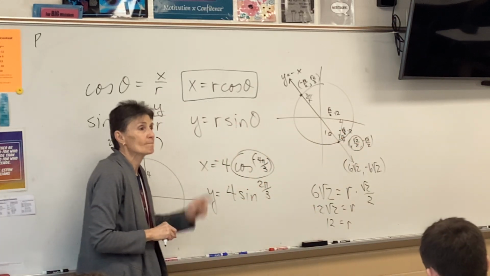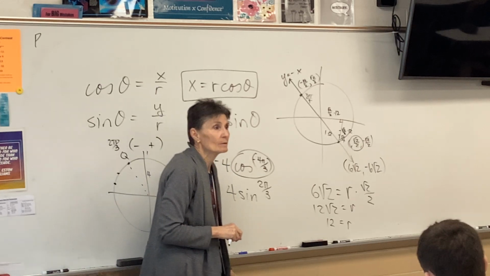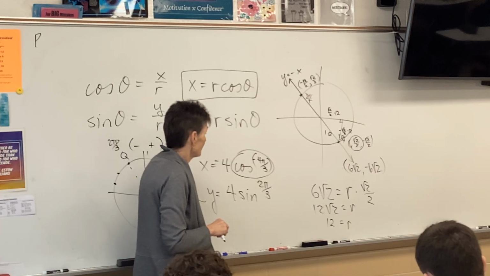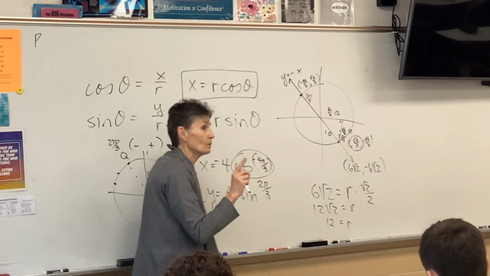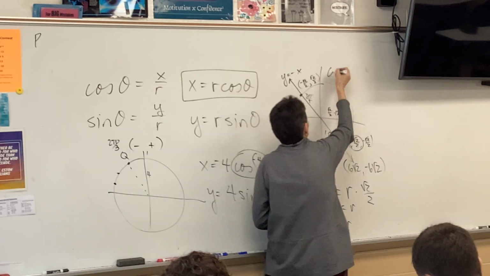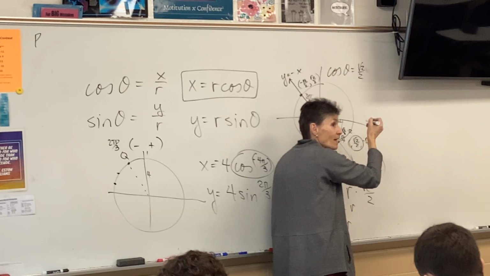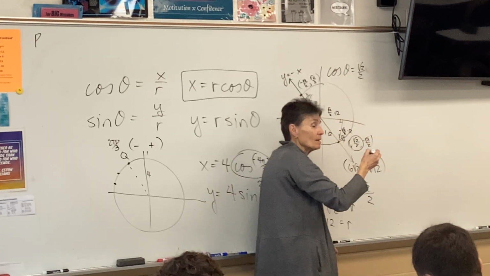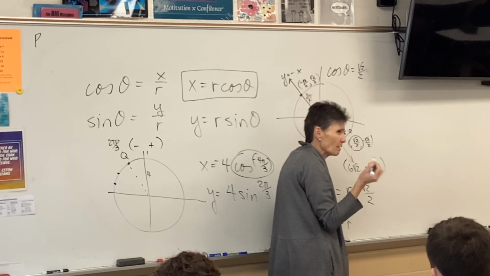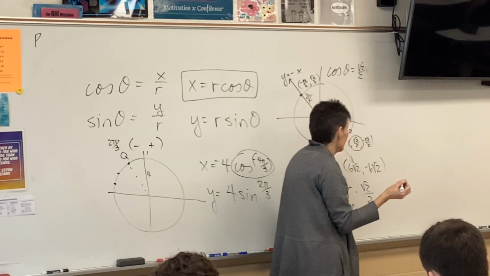Why didn't you just take the cosine out? Like, why did you just put a root 2 over 2 and not cosine? Oh, remember, the cosine of the angle is root 2 over 2. That is the cosine. The angle is 7 pi over 4. Is that what you're asking? Yeah, I'm just a little confused where you got root 2. Okay, so